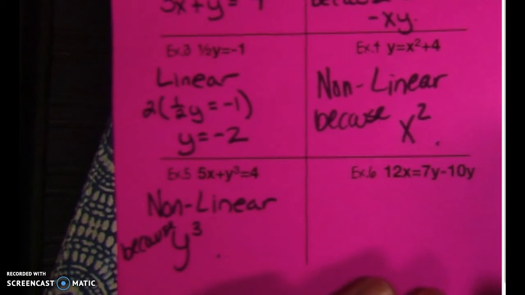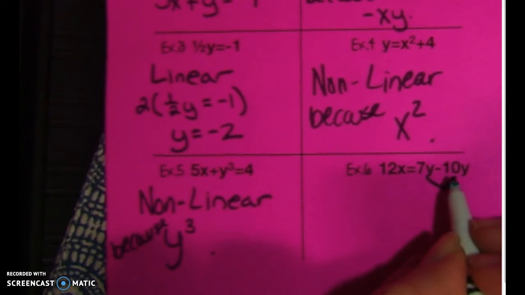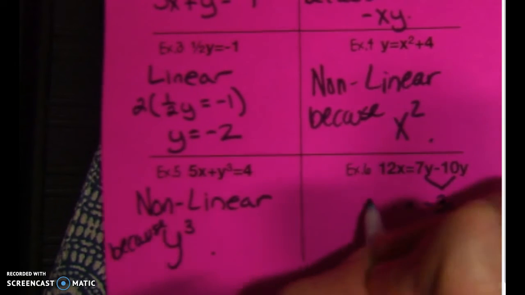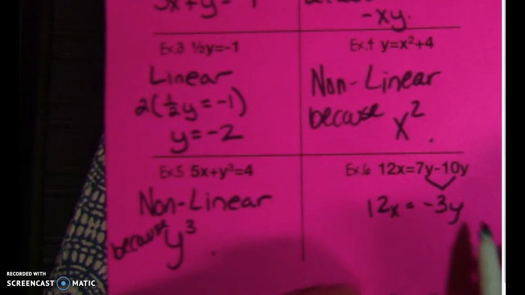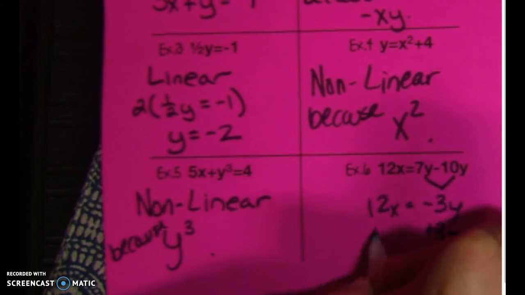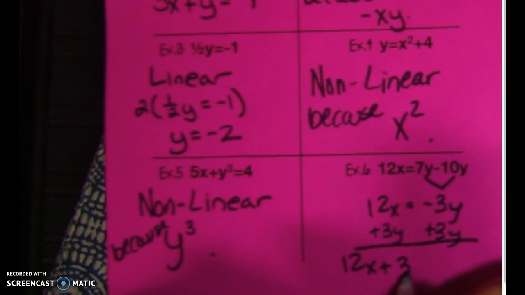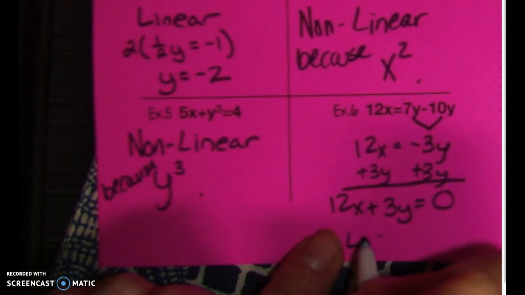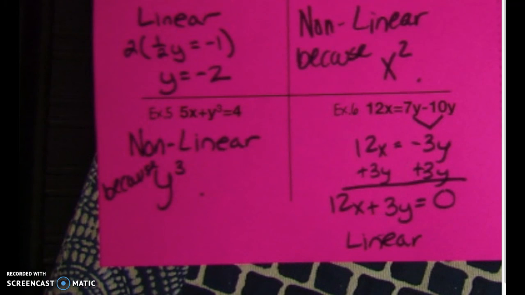All right. And 8. That's a toughie. It's going to be linear. Very good. And we're going to write this first. I'm going to combine. What's 7 minus 10? Negative 3y. Anybody have an idea of how I can tell negative 3 to get to the other side? Plus 3. Good, guys. So I'm going to have 12x plus 3y equals 0. And this is linear. Why did it not turn into 15xy? Because